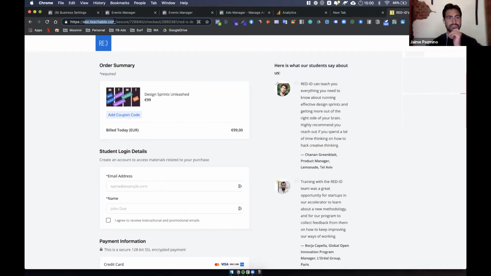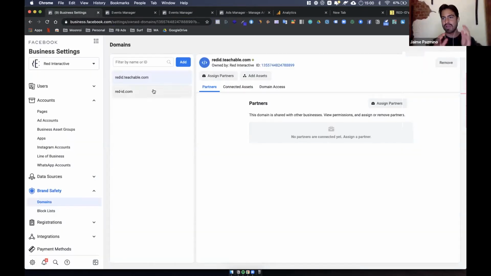Yeah, sure. So putting it simply, this is the issue. You have your domain, right? RedID or moonroimyagency.com or whatever. And you can verify that because it's your domain. But then you start working with third parties, especially if you sell info products. This is especially important for info product sellers. Then you might be on Teachable, Thinkific, Kajabi, or whatnot. And you cannot verify Teachable. You cannot verify Kajabi. It's not your domain. These guys won't allow you to verify their domain. So what to do there?